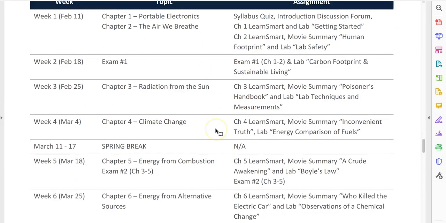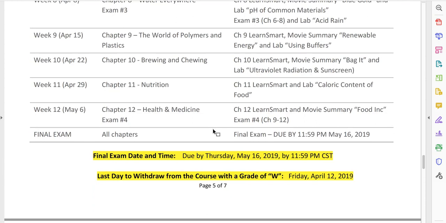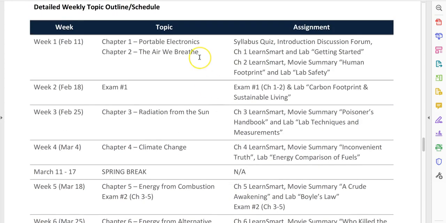Here is our weekly schedule. If you do nothing else in terms of Canvas and the notifications and the calendar, put these due dates and things in your own calendar. For me, I use my iPhone calendar a lot. Set this stuff up. Again, you have to keep yourself on target. So much is not accepted late. You can't get behind. You've got to keep up. Try to do a little bit every day if you can.